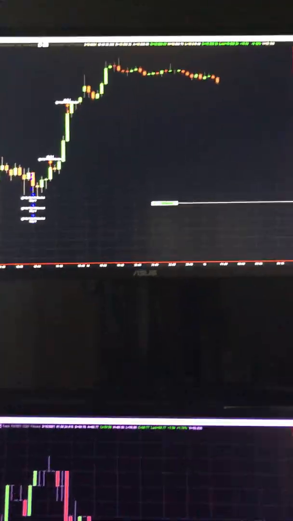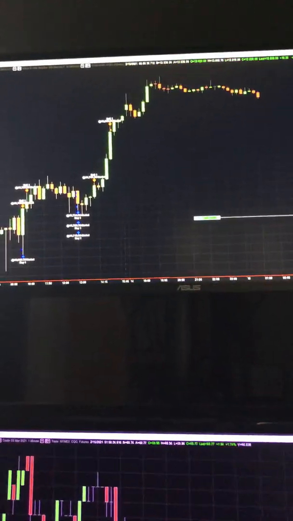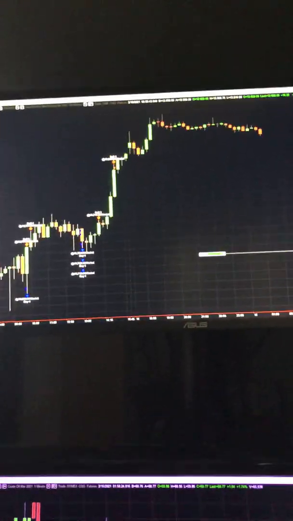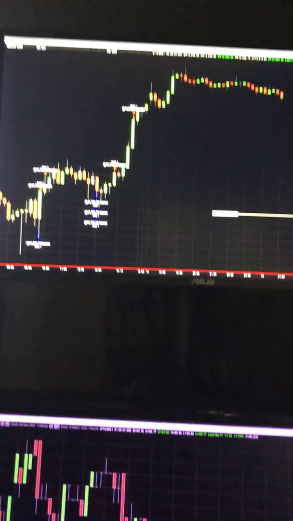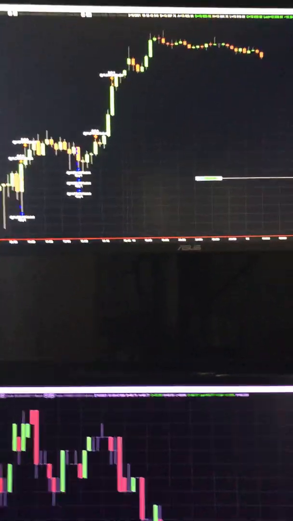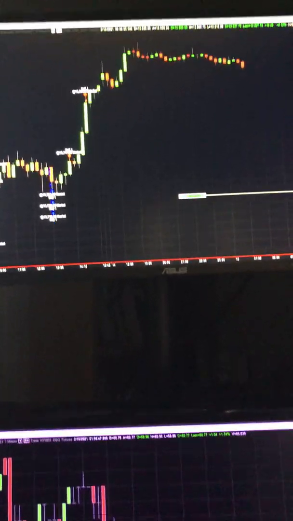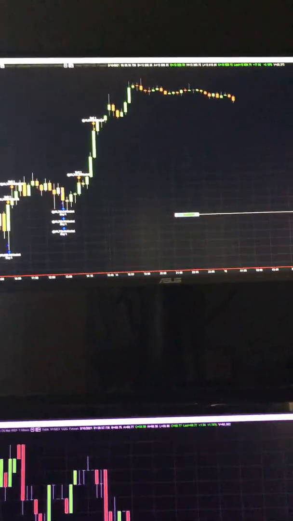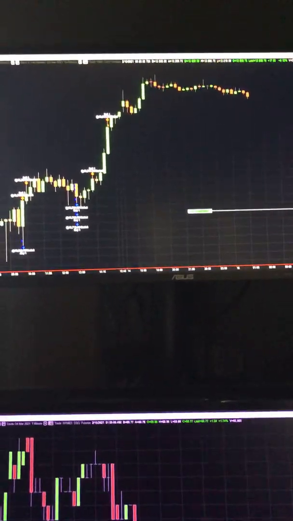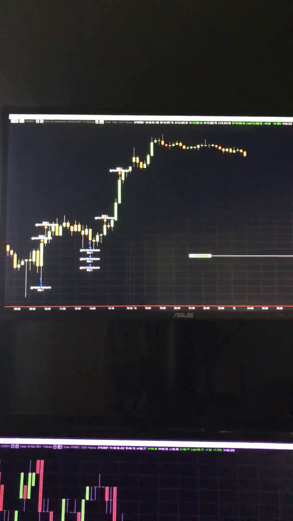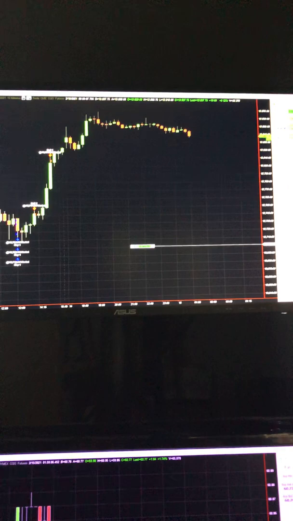Now, my platform, at least I haven't figured out how to use other time frames other than 1 minute and 15-minute. But for my trading, that's pretty much what I need. For day trading, this is what I need, the 1 minute and 15-minute charts. For swing trading, it'd be nice to have some charts that go back a little further, but I can always pull it up on other platforms. It's just this particular platform only offers the 1 and 15-minute time frames. So anyway,